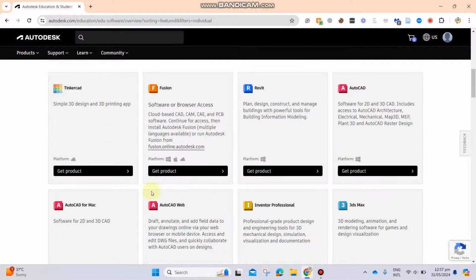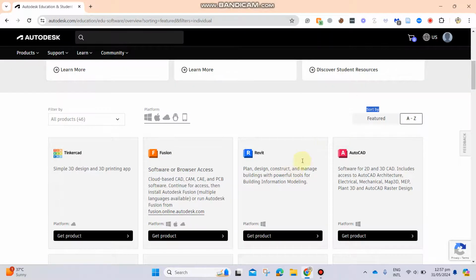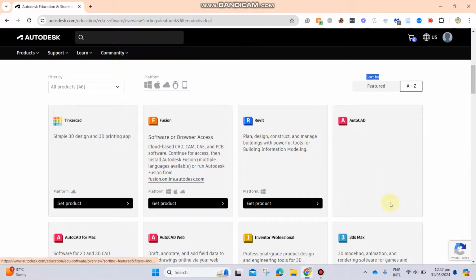And if you are using Mac, you can use AutoCAD for Mac, and you can even use it on web, so you can click on this web product. So currently I'm downloading it for Windows platform. You can also sort out your platform here. Okay, so I will click on this get product,